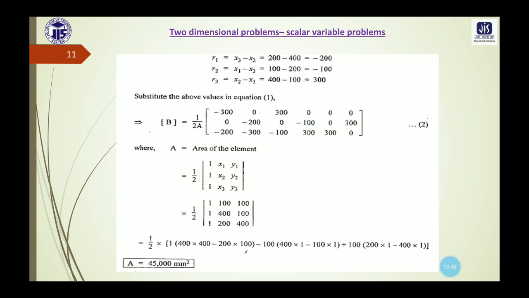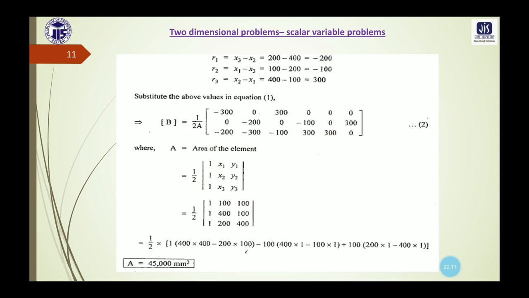Now first we need to calculate the area of the triangular element, and for that we need to use this formula, that is half multiplied by a 3 by 3 matrix. In this 3 by 3 matrix, we have 1 x1 y1, 1 x2 y2, 1 x3 y3. So this is the 3 by 3 matrix, and the coordinates x1 y1, x2 y2, x3 y3 are